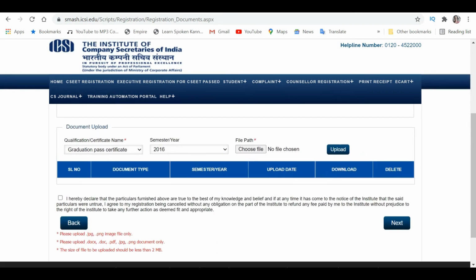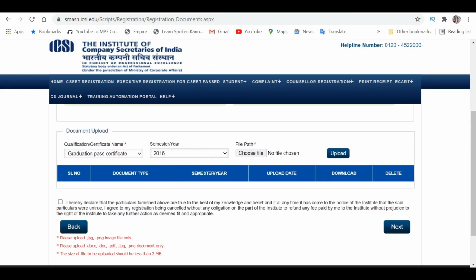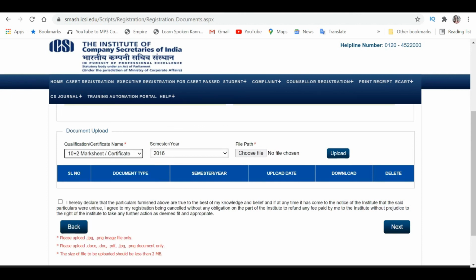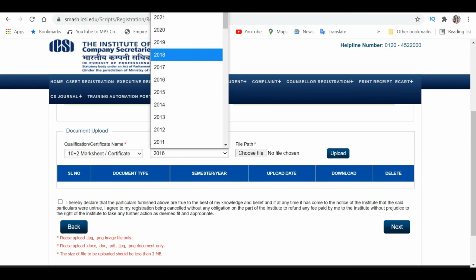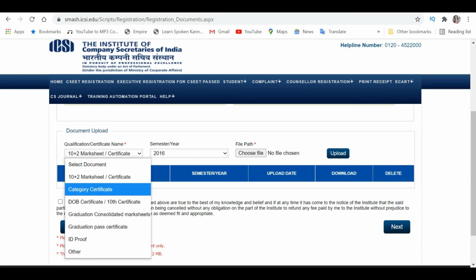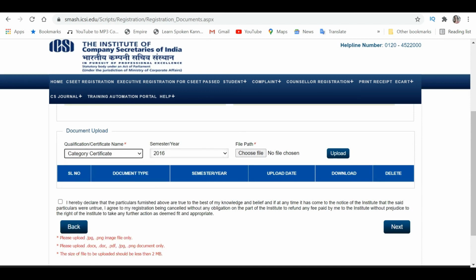Then you go to document upload and you choose all of your certificates. So if it's a 10+12 mark sheet or certificate, then the year in which you had completed the same, and you can simply choose the file and upload it. The same goes for if you have a category certificate that you need to upload, you must upload the same, and everything will turn up somewhere over here.